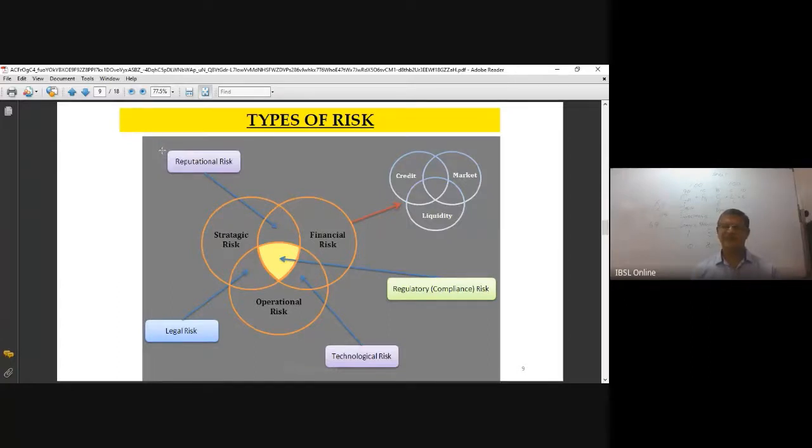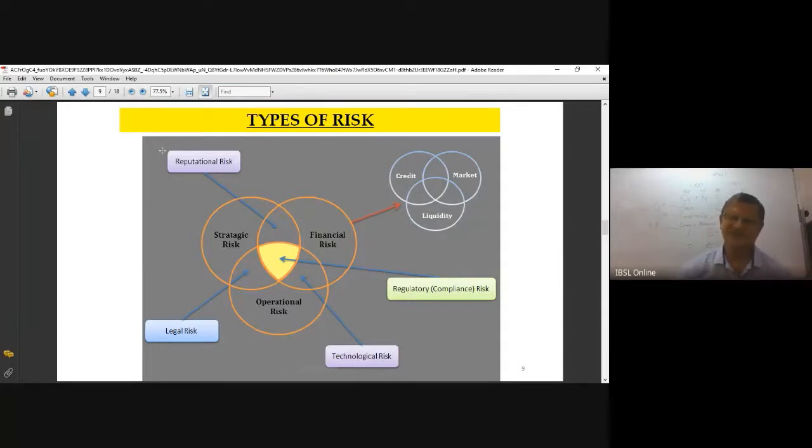External events could also affect your operational risk, like unexpected fire, flood, which could also affect your operations. As a result, there are losses you incur based on those external events, or even a robbery. If you make a loss based on a bank robbery, that is also called operational risk.